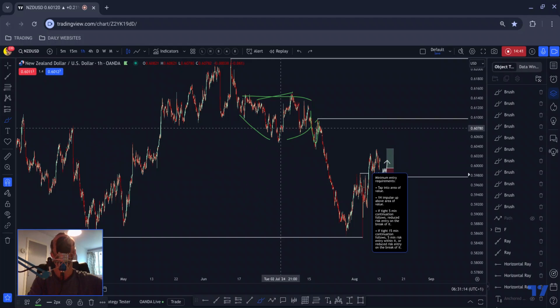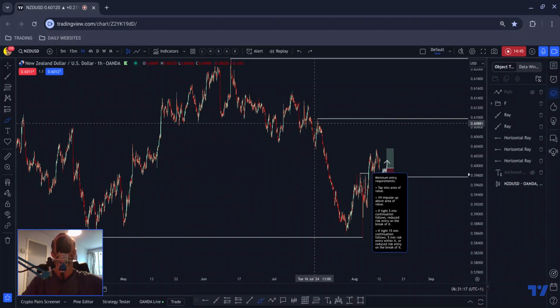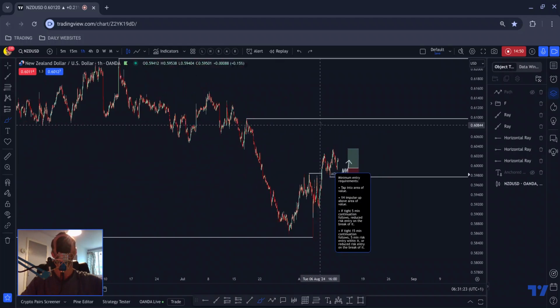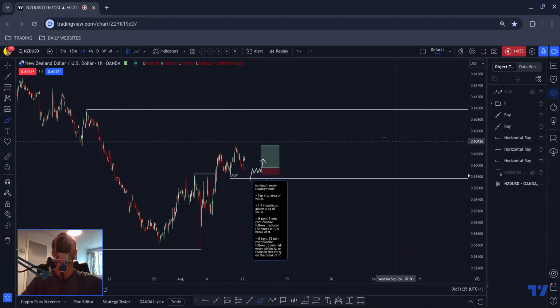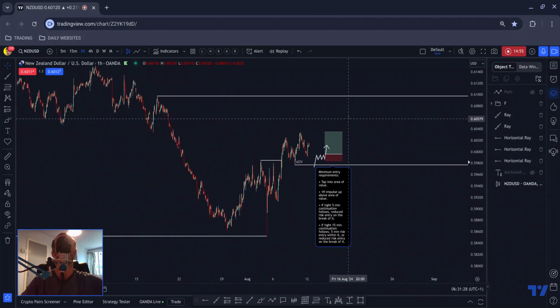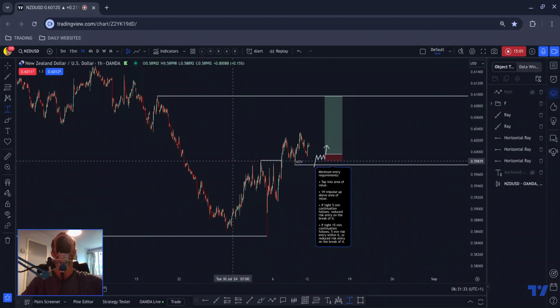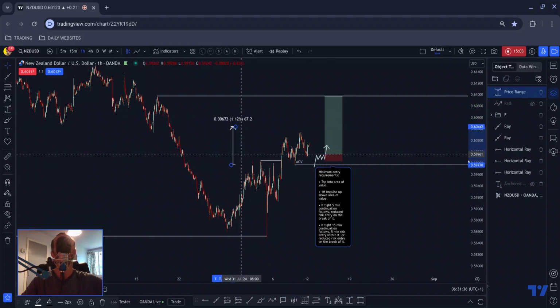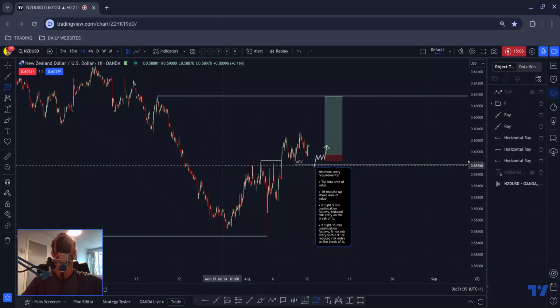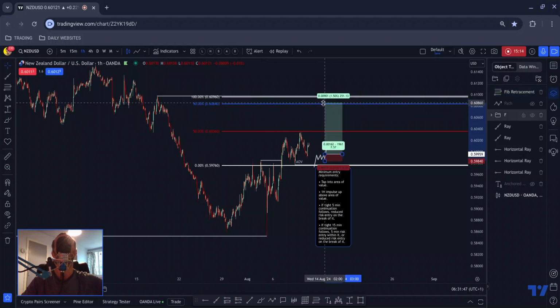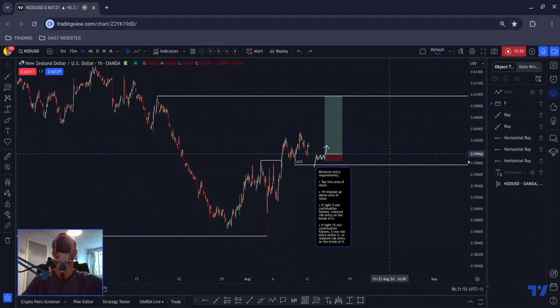If I just clean that up a little bit, it would be helpful. This was the retest of the break of this structure. So there's a lot of reasons why we would likely get deeper pullbacks there, even if we did continue in the forecasted direction. And what I'd do is set a take profit. So where's the range? The range is there. Let's get the right tool on. I'd measure from there to there. I'd set a take profit there, which just happens to line up with that. That would give us something in the region of 7.5% to work with. And then I'd trail my stop loss at the same time. So that is